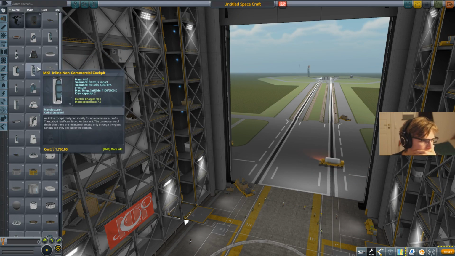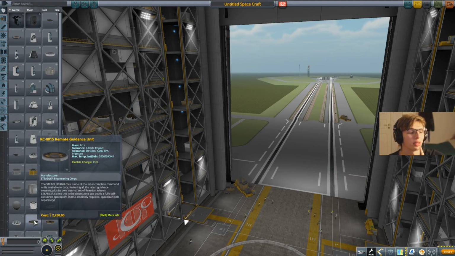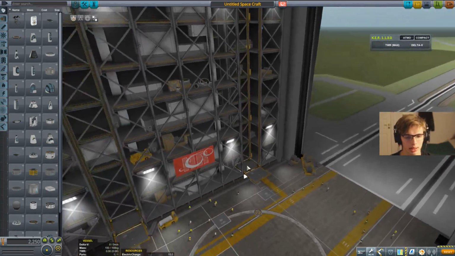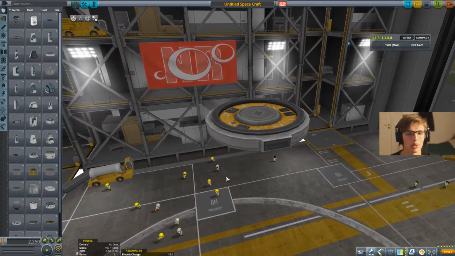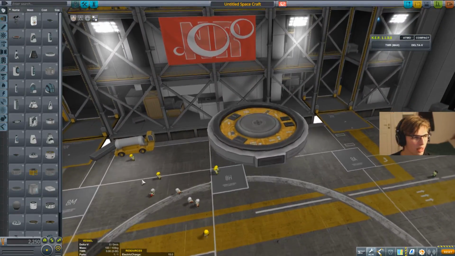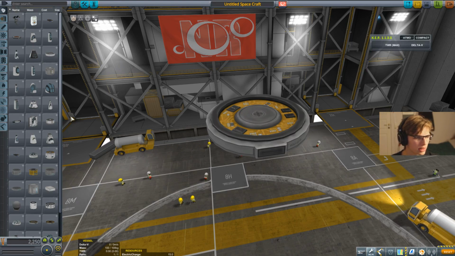And then, of course, let's start with a remote guidance unit this time, so we don't have to pull out the crew and don't forget it, because we don't want crew until like the third or fourth missions or something. So yeah, this, and then it has like a weird shape. Let's, I was about to say let's put that on the back, but kind of can't. Sorry I can't show this, but